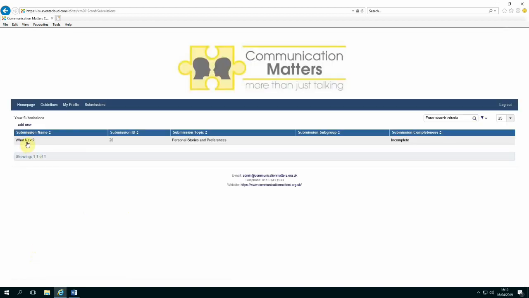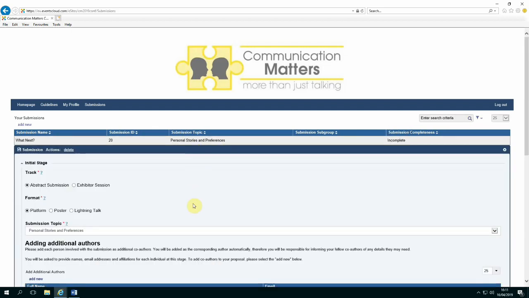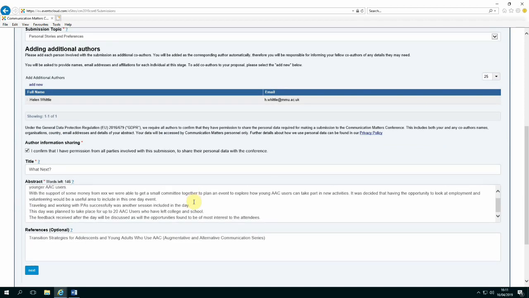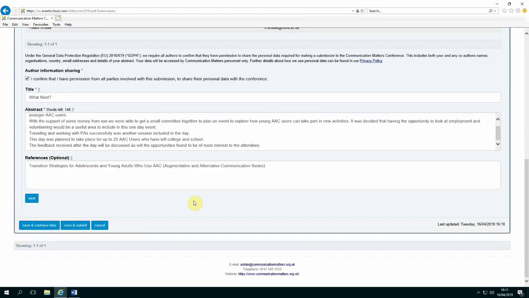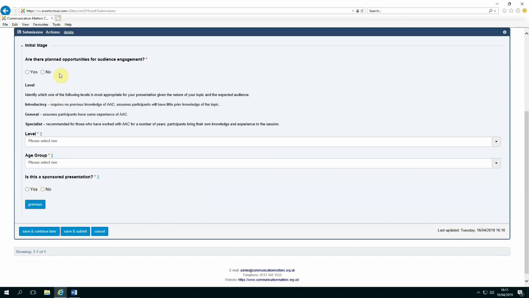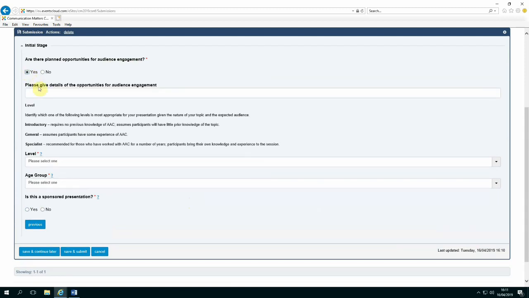So what I can do is do save and continue later. Okay, so then it comes up, what next? Personal stories, preferences, incomplete. So you can have a look at it again. Just check what you think. Go to next. Are there planned opportunities for audience engagement? And you click yes. We will give people